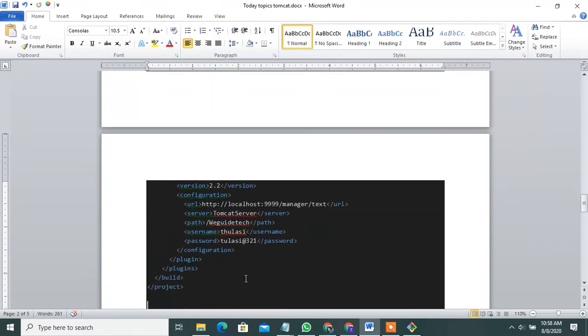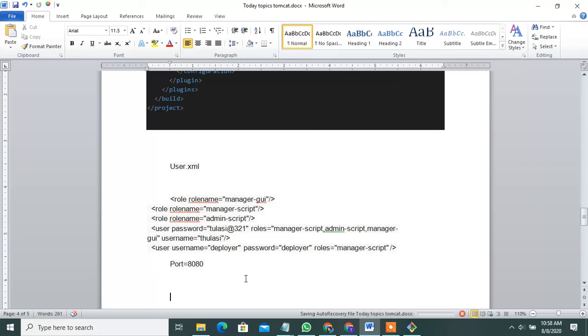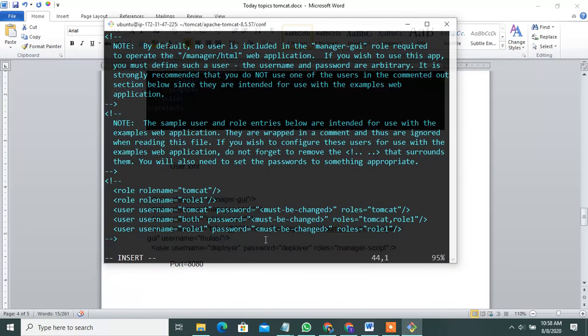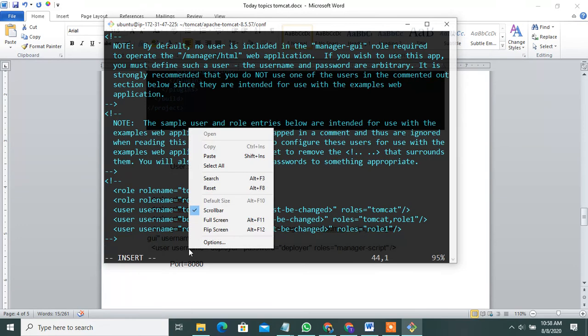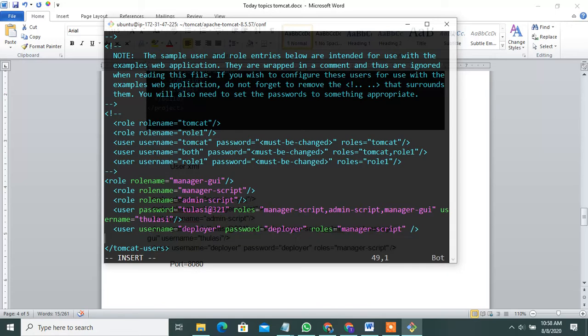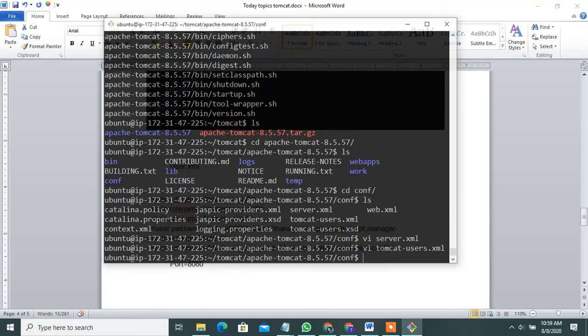Go through my document, totally copy this one and paste it here. Once it is done, press escape and save.